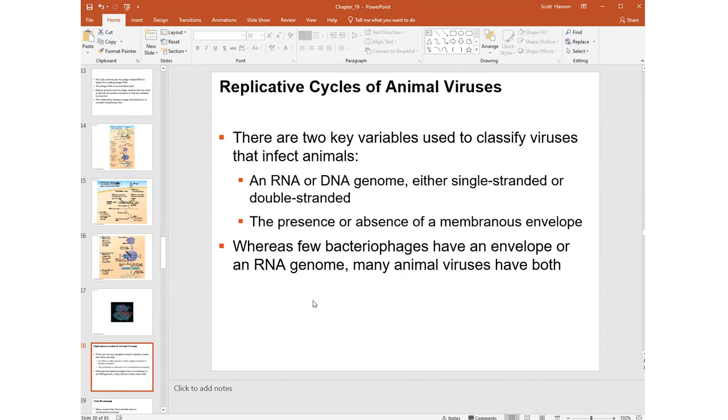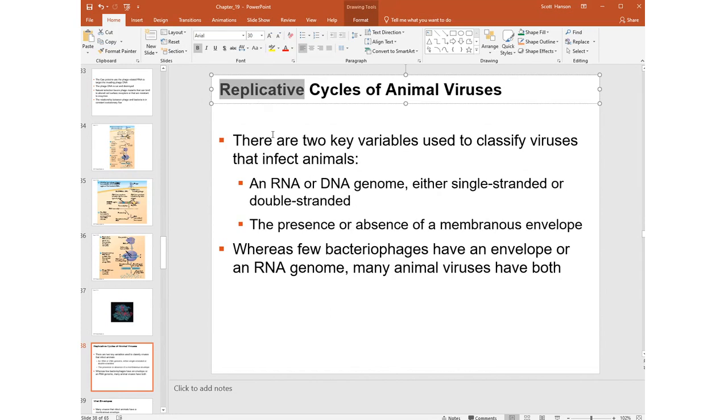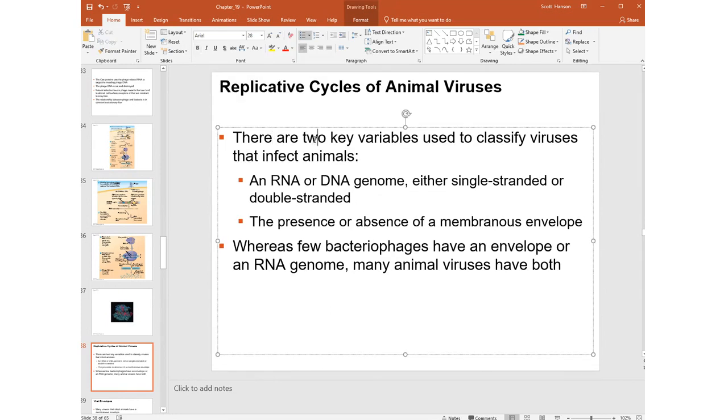So the first thing we're going to look at are the replicative cycles of animal viruses. There are basically just two key variables that are used, remember, to classify viruses that affect animals: whether it's got an RNA or DNA genome, and whether the RNA and DNA are single-stranded or double-stranded, and then the presence or absence of a membranous envelope. So RNA, DNA, double-stranded or single-stranded, and whether or not there is a membranous envelope on the very outside layer